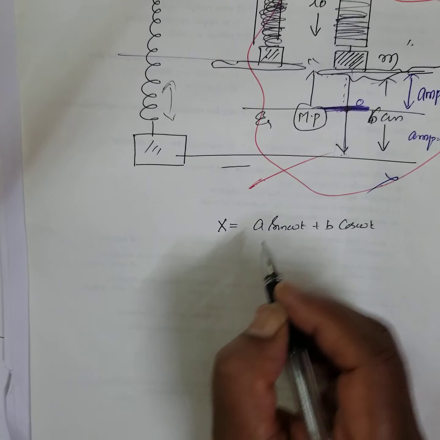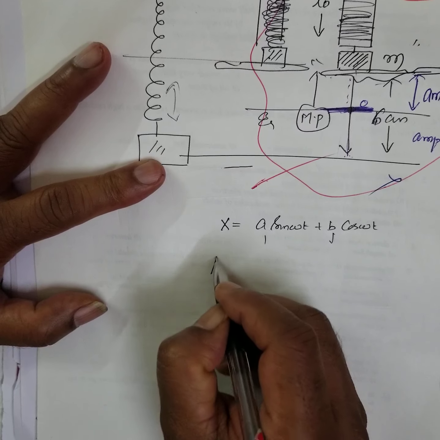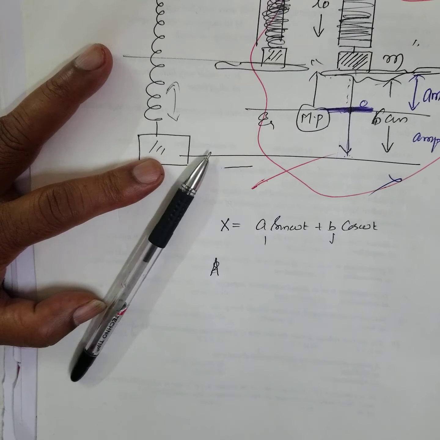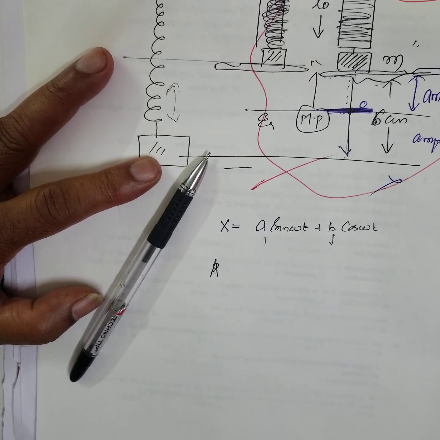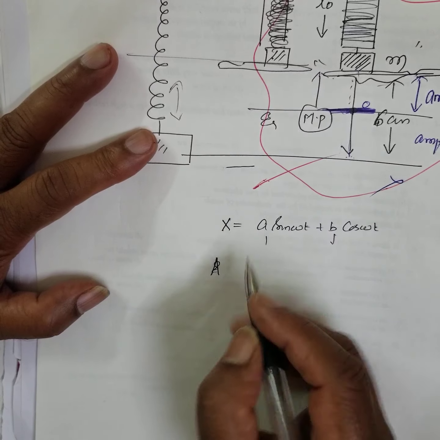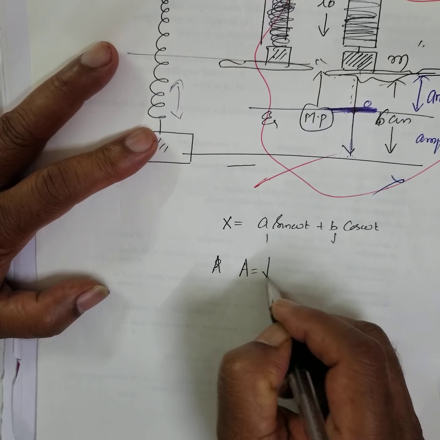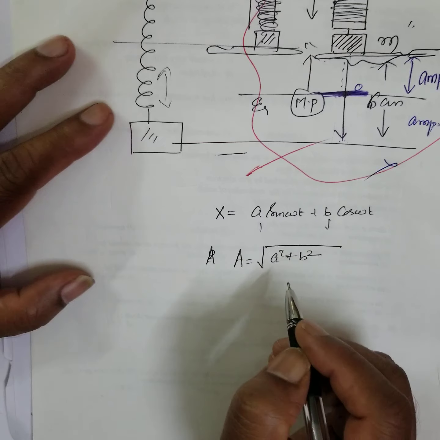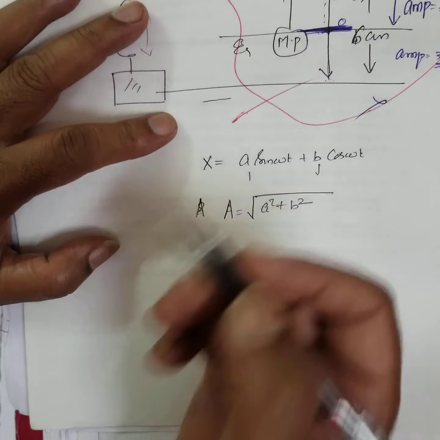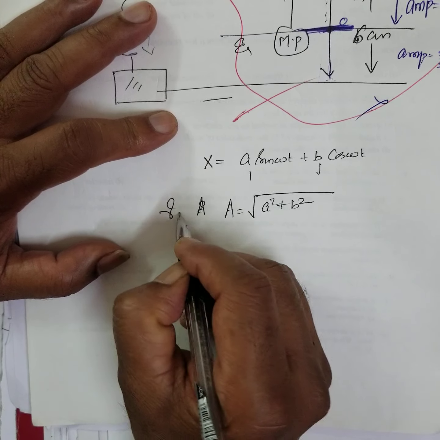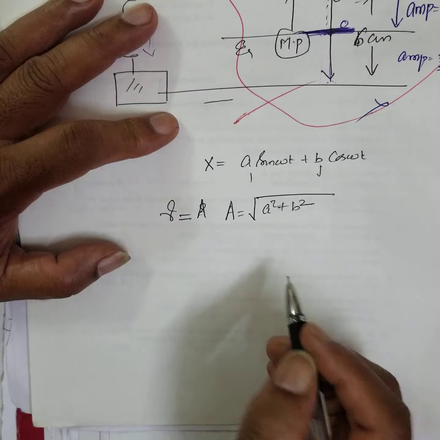Right? These a and b are called coefficients. What is the amplitude result? This can be expressed in the form of... suppose, what is the amplitude? Amplitude is given by square root of a square plus b square. This is some standard formula, you remember. We'll do the theoretical part later, or sometimes they'll write r in complex number or trigonometry.